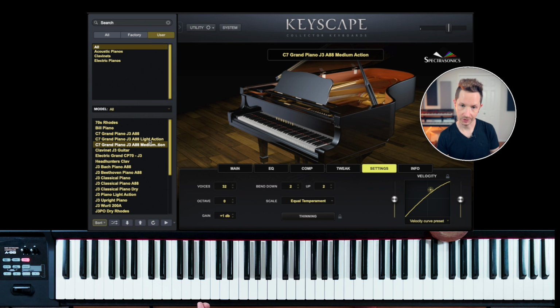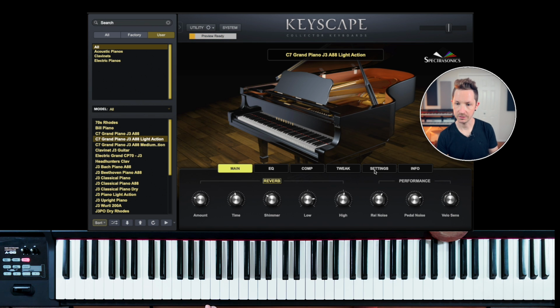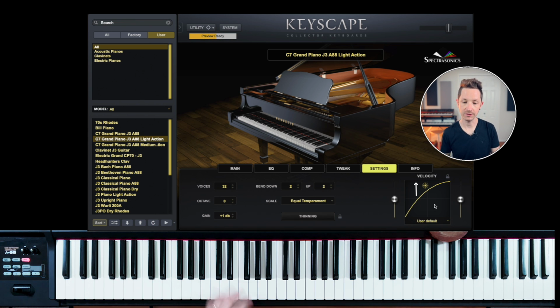Now I have one for light action, and as you'll see, now that note has been pushed even further. It sounds almost like a brighter piano, even though I basically was playing with the same touch. Very important, because on certain tracks, you may want to have a piano that's much brighter and more aggressive. And then on certain tracks, or when you're playing live, you may want to have that pulled back so that it's a much more soft, elegant